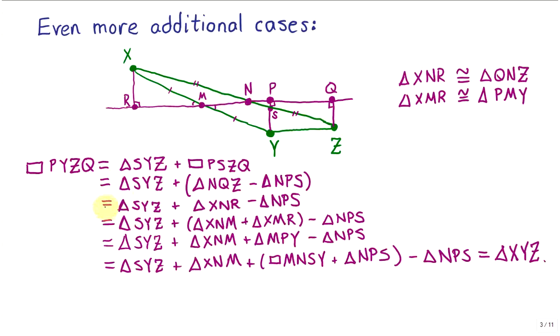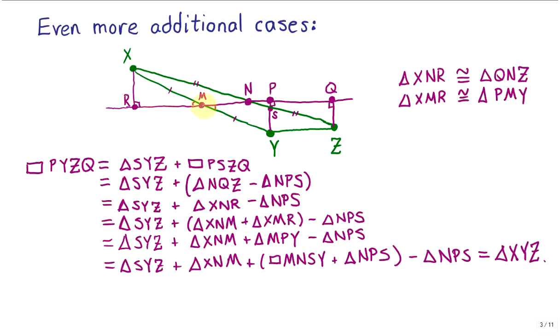That yields this equivalence by dissection. Now, the triangle XRN can be written as the union of two triangles, XMN and XRM. That leads us to this equivalence by dissection. Next, the triangle XRM